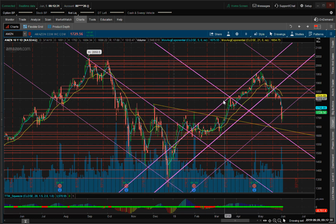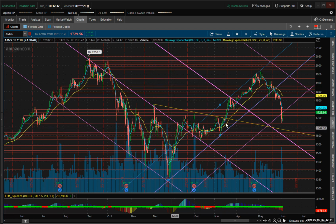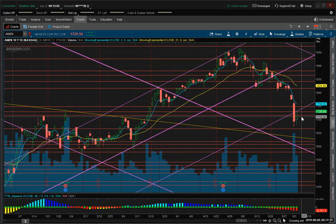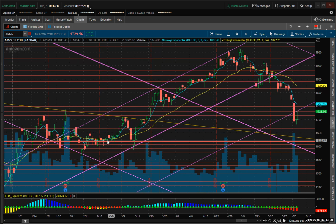The last time we were moving below one of these lines was, well, we didn't really know it existed, so probably in here, and it's really choppy through here, but let me see if I can zoom in on this a little bit more. You had the sell, well, you had this one that got back up. That moved really nicely back up, and we're at a close very similar to this one here. We had that massive bearish gap after for earnings. So earnings are in the picture now. We shouldn't have as large of a gap down taking out this low, but if we do, that'd be phenomenal for the bears. I don't anticipate that happening,